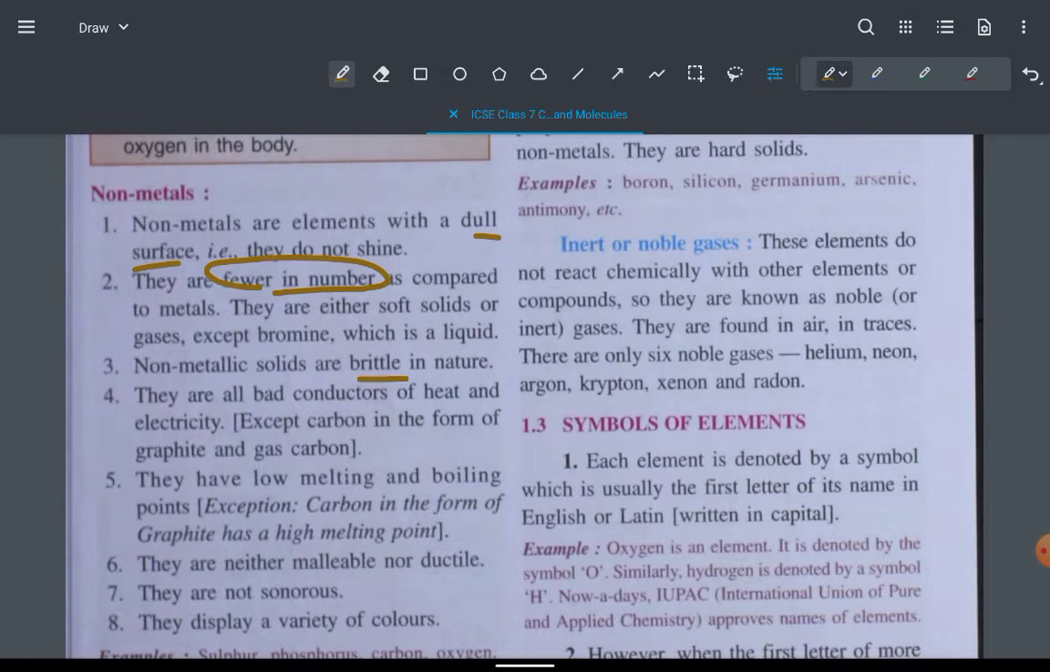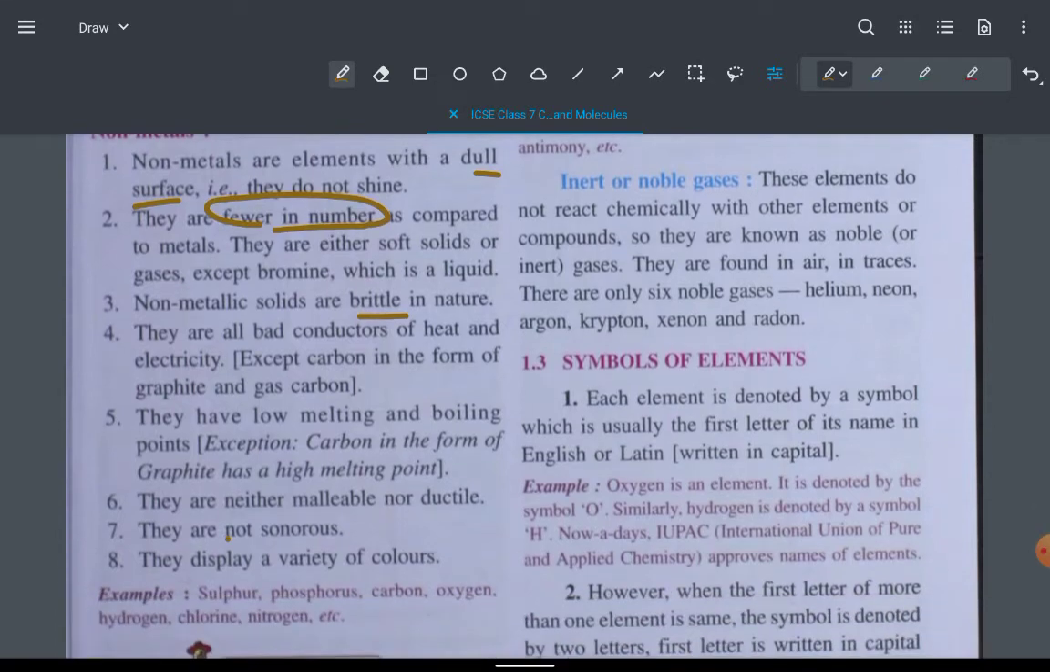ব্যাড কন্ডাক্টার্স অফ হিট অ্যান্ড ইলেকট্রিসিটি। নন মেটালসের এক্সাম্পল একটা আমরা যদি দেখি, যেমন কার্বন, আমরা কি কার্বন ওয়ায়ার দেখি না, বিকজ দে আর ব্যাড কন্ডাক্টার্স, দে হ্যাভ লো মেল্টিং অ্যান্ড বয়লিং পয়েন্টস। নিদার ম্যালিয়েবল নট ডাকটাইল, মানে ওদেরকে ম্যালিয়েবল মানে ওদেরকে আমরা বিট করে করে থিন শিটসও করতে পারবো না, ডাকটাইলও নয়, মানে দে ক্যানট কন্ডাক্ট বি মেড ইন্টু ওয়ায়ার্স।